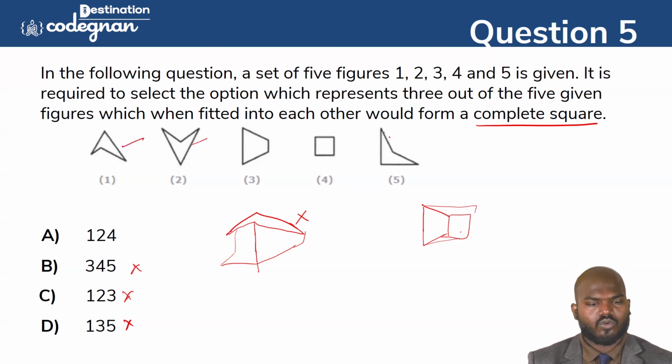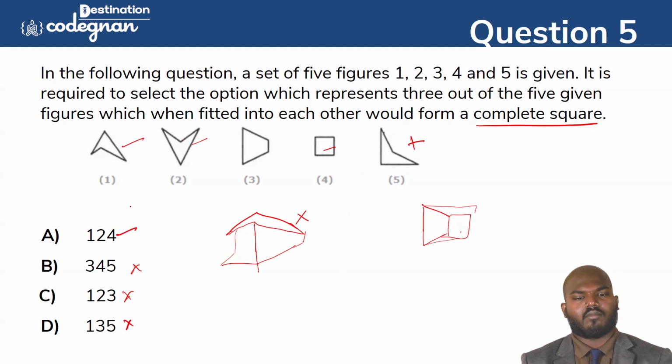So there is 1 2 and 4. We have it in only one option here. So the only option we can go for is option A, the possible answer we can declare here. If you just want to think mentally how we can match this, you're having the extended portion here, then how will this particular thing come here, because it will have a small gap when you match this one. So in that particular portion, you can place the square,